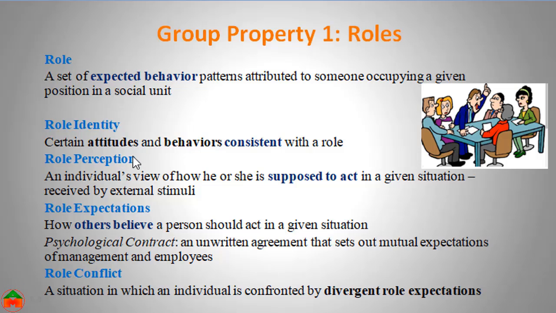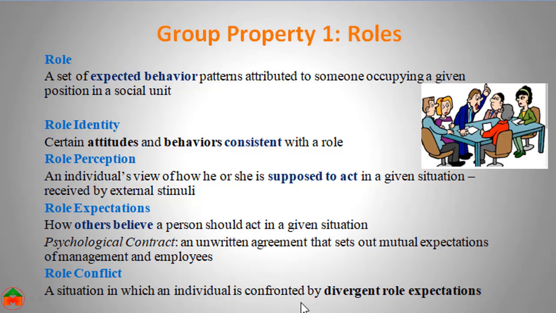Each role is assigned a certain identity that explains the expected attitudes and behaviors that come with the role identity. Each individual has their own point of view of how they are supposed to act in the context of the group. That is called role perception. Role expectations look at how others believe a person should act in a given situation, and role conflict occurs when the expected behaviors don't match up with the behaviors